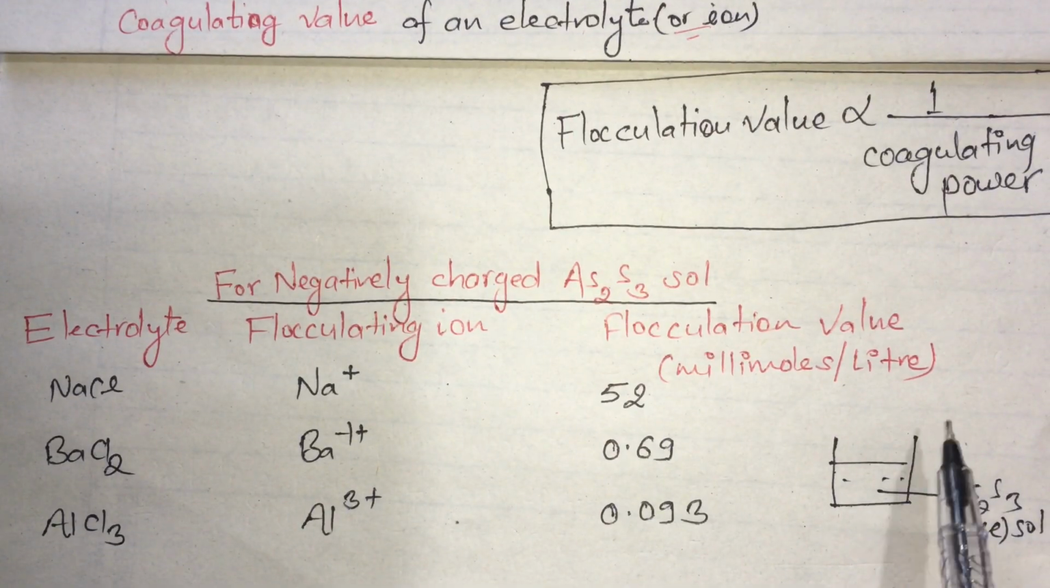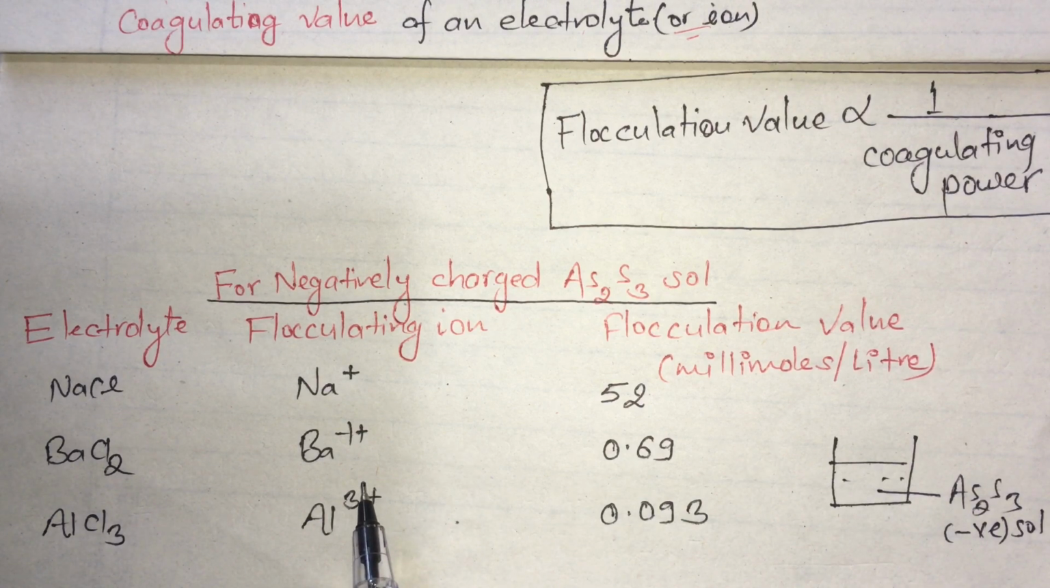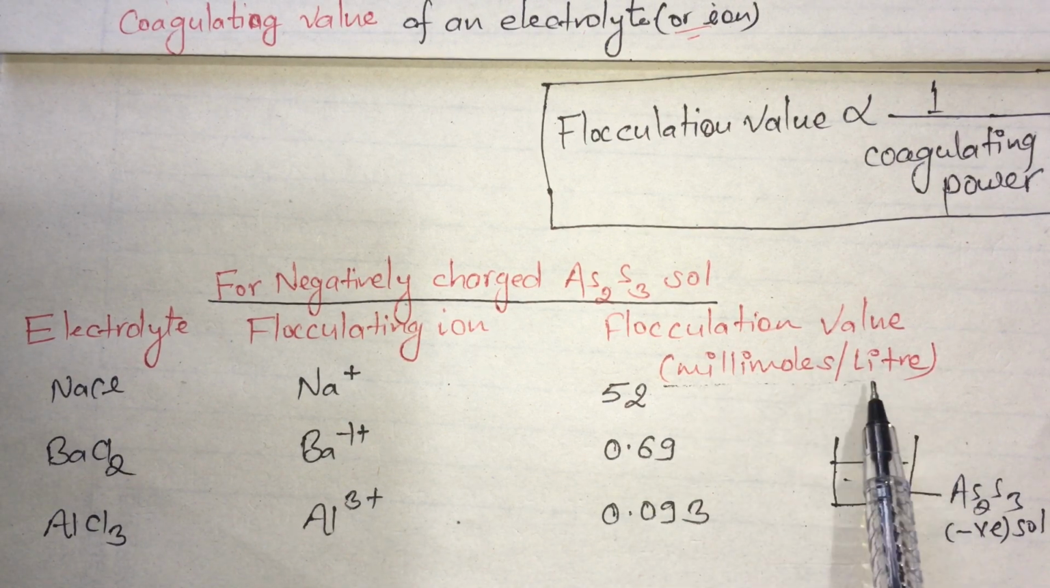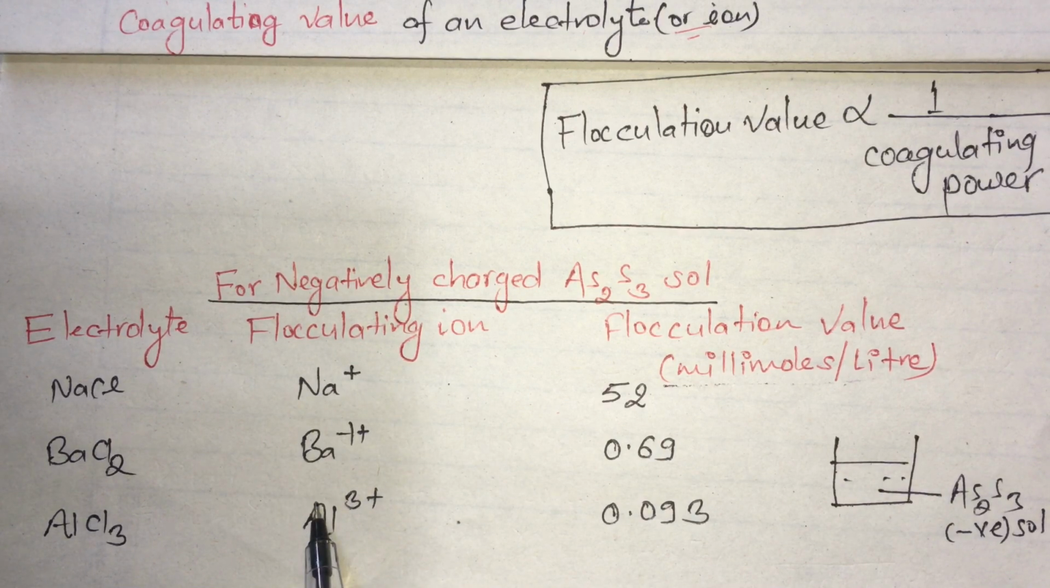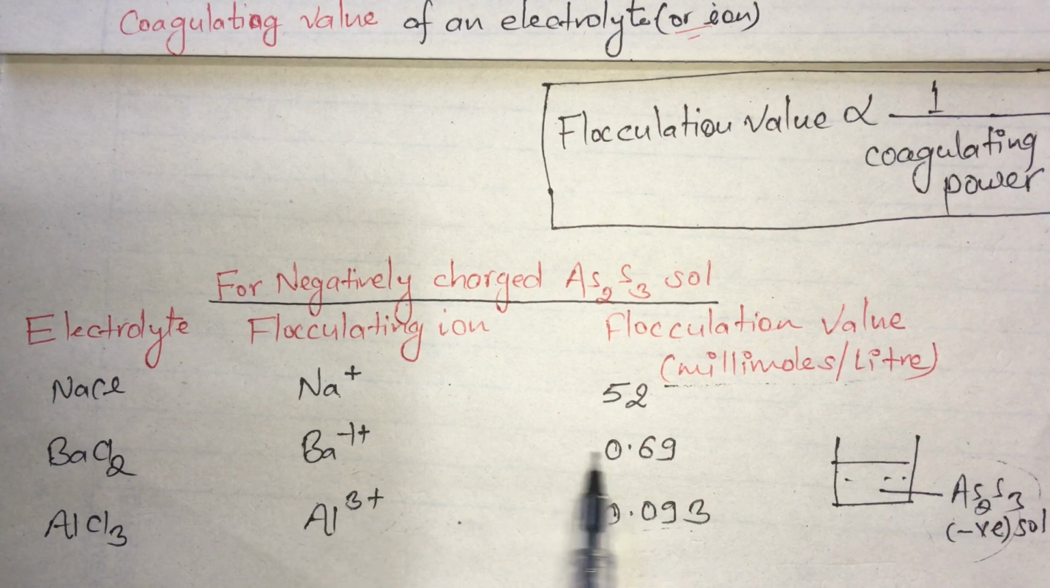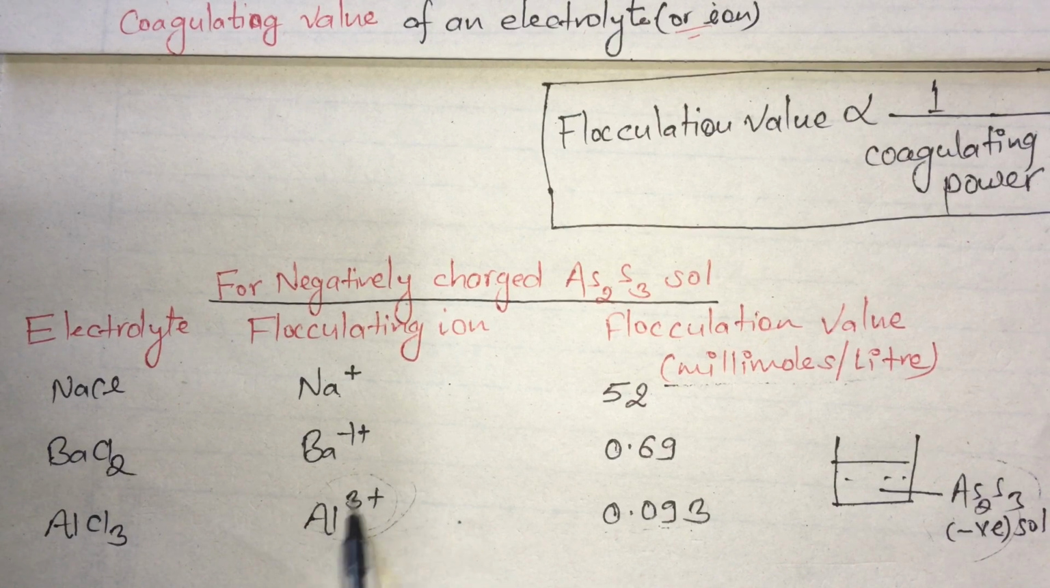For example, the flocculation values in millimole per liter of different ions for the coagulation of negatively charged arsenic sulfide sol are given here. Here we see the flocculation value of aluminum ion is very low, then barium, and then sodium. So the flocculation value of aluminum is very low, which means it has high coagulating power to precipitate or coagulate